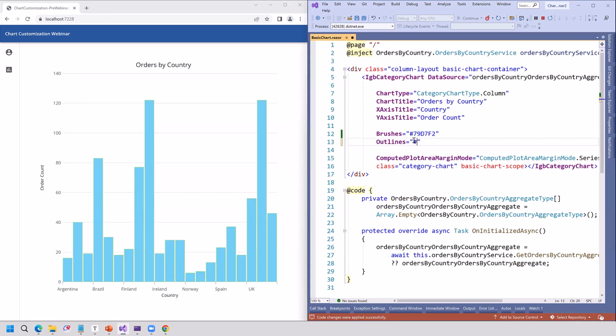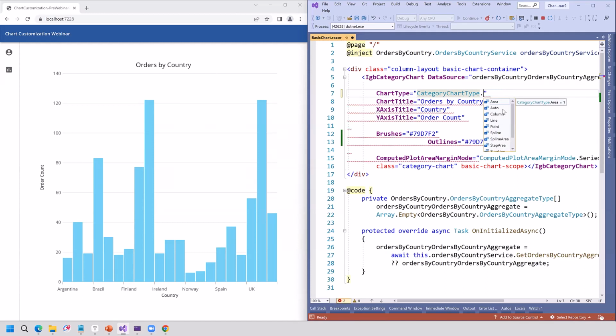So let's do this, and we'll paste this guy in. And now if I save and do a hot reload, you can see that it gets rid of that outline. The other thing is the app builder is sending me the chart type. If I just go to category chart type, I get the options that I have for the category chart type. So I can change all of that right here. I'm going to leave column here for a second because there's a few more things that I want to do